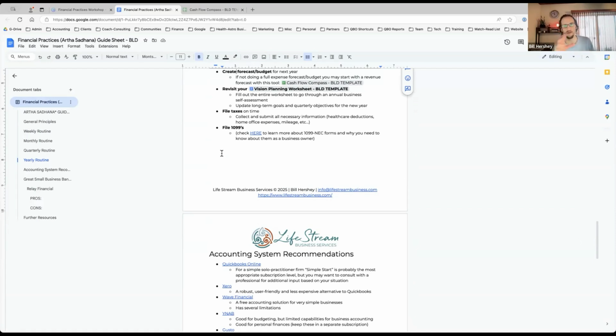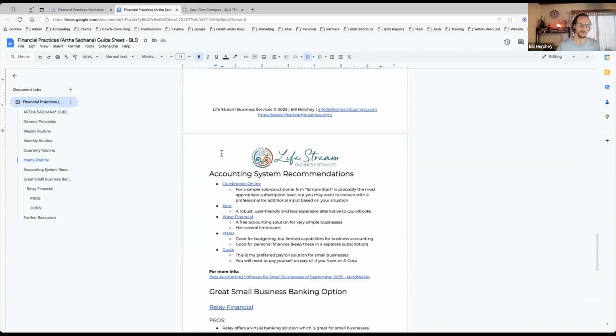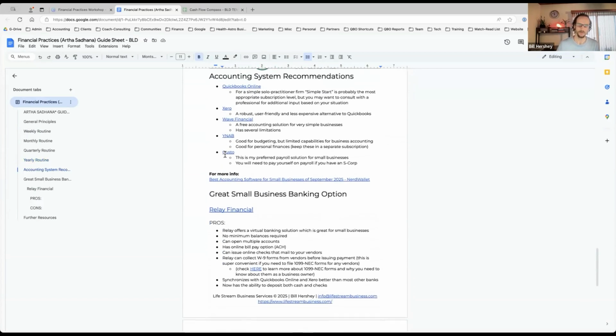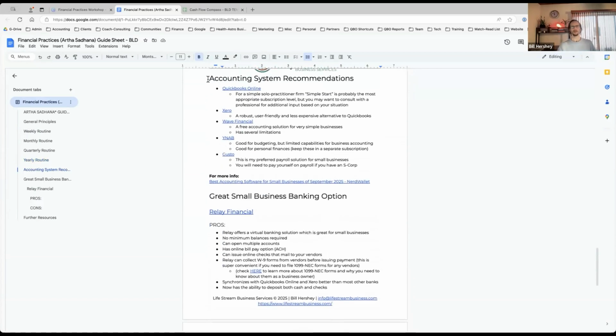So moral of the story is pay everybody with a credit card or a debit card if you can, or PayPal. Then they worry about it, those payment processors or the credit card companies. If you pay them by check or ACH or Venmo, then yeah, you have to file a 1099. Again, there's a lot of nuances to that topic, so feel free to reach out if you have questions on that.